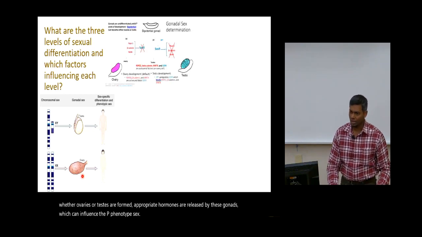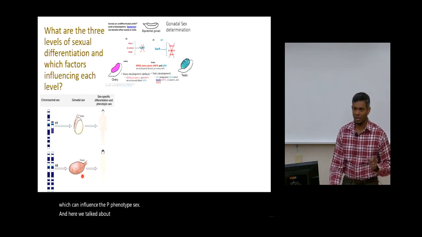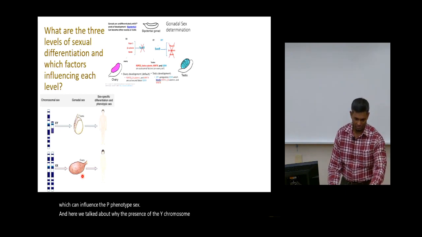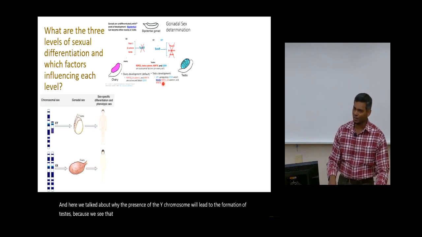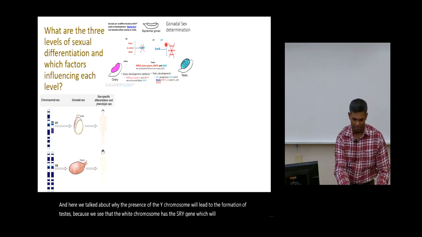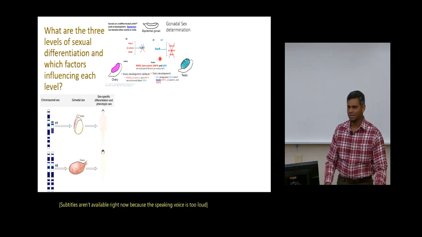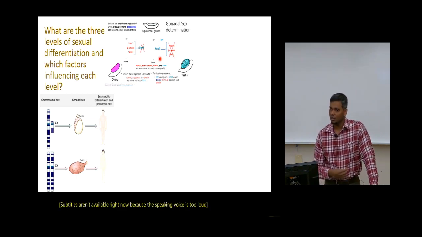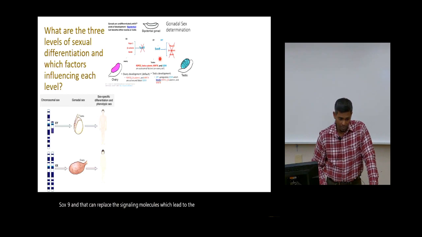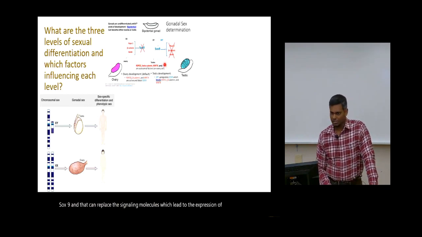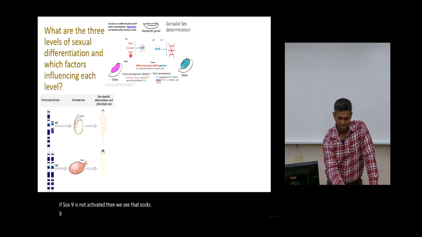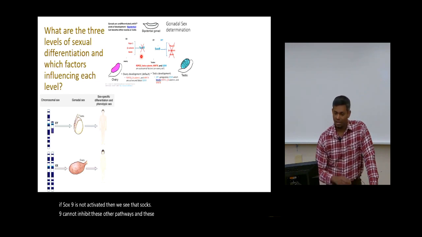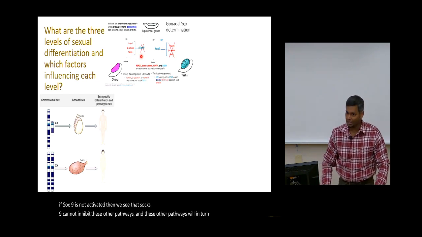And here we talked about why the presence of the Y chromosome will lead to the formation of testes, because we see that the Y chromosome has the SRY gene, which will activate SOX9, and that can repress the signaling molecules which lead to the expression of ovaries, right? But if SOX9 is not activated, then SOX9 cannot inhibit these other pathways, and these other pathways will in turn block SOX9, and that can lead to ovary